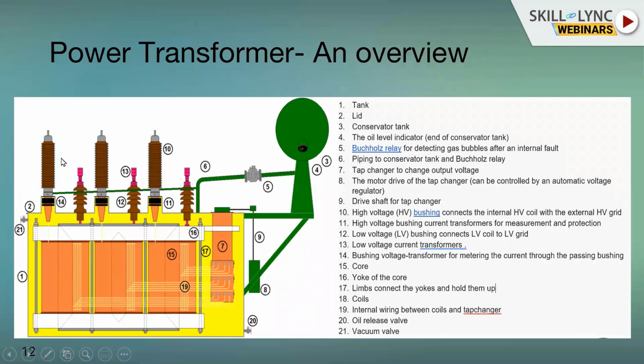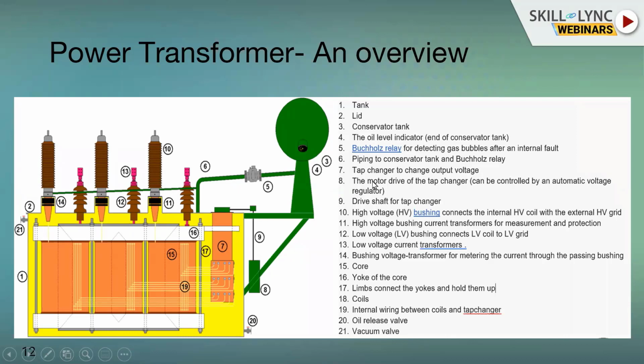So we have the tank, we have the high voltage bushing, low voltage bushing. This is the conservator wherein oil is filled and it is connected to the transformer oil, and there's air on top. Why? Because when the transformer is loaded, it gets heated up, or during atmospheric temperature changes, the oil expands. So that has to be allowed to expand and contract without getting itself exposed to the atmosphere. The oil is one important element, and once it gets exposed to moisture, it loses its insulating property. So this is a very, very important thing to maintain isolation. There's also what we call a breather, which takes out the moisture in the air which is trapped here, and that keeps the moisture out of the oil.